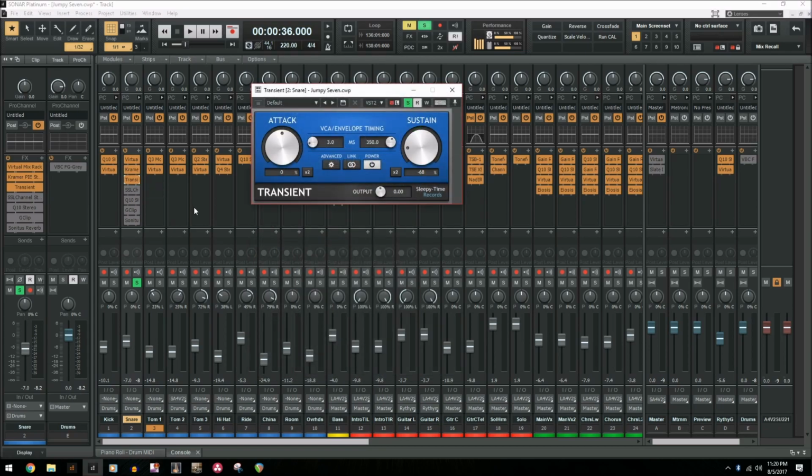This is a free plugin and it's just a transient designer. And all I use this for is to pull down the sustain like so. So that's just controlling the tail of the snare a little bit, because now it's kind of going crazy. And you can pull it all the way down and get really aggressive with it, but it doesn't sound very natural to me. So I leave a little bit of the tail in